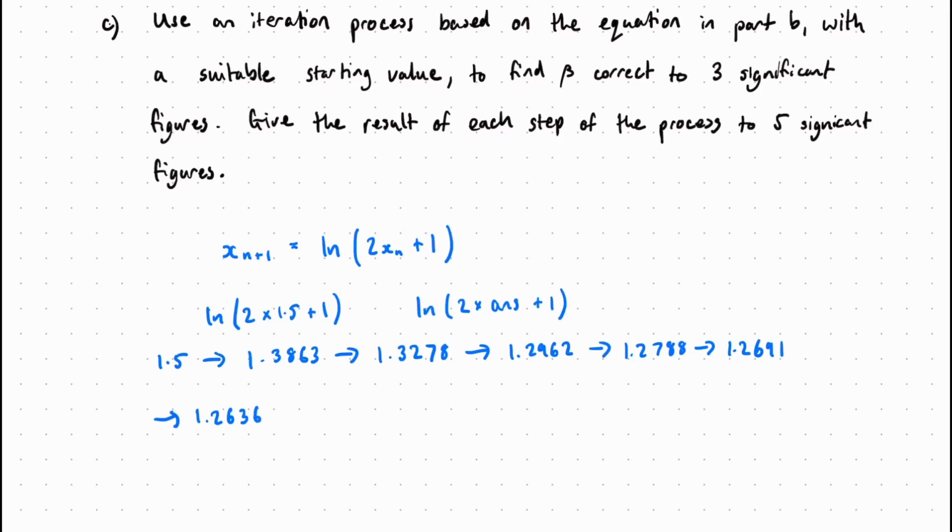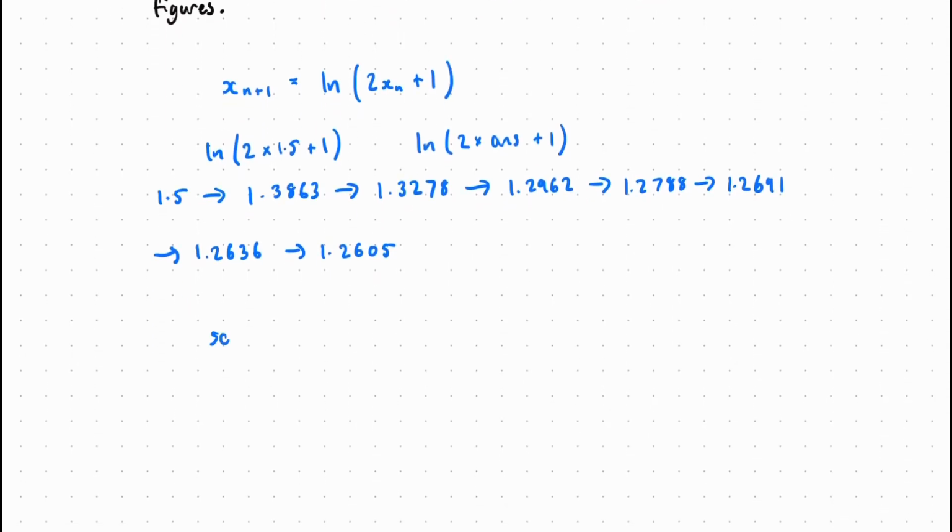It's getting closer now. I can see I'm between 1.2691, which is 1.27 to 3 significant figures, and 1.26 to 3 significant figures. Press equals again and I get 1.2605. Well, this to 3 significant figures is 1.26. This is also 1.26 to 3 significant figures. So our solution to 3 significant figures is